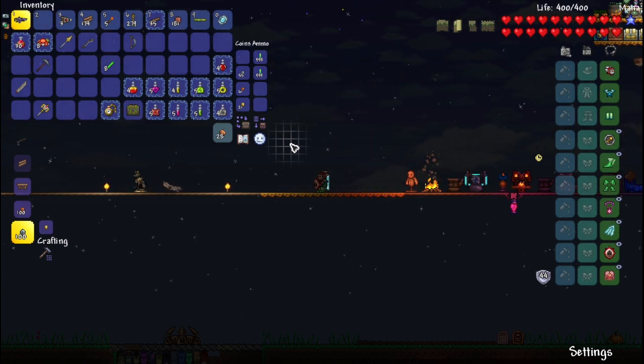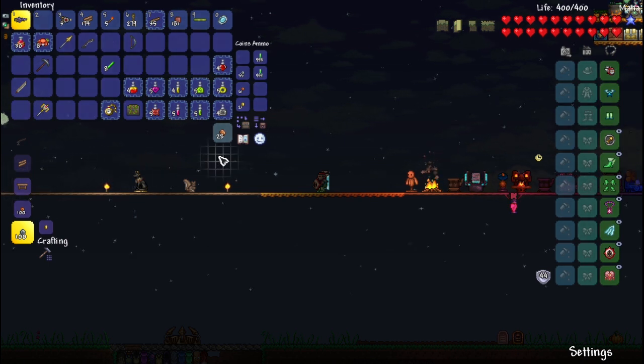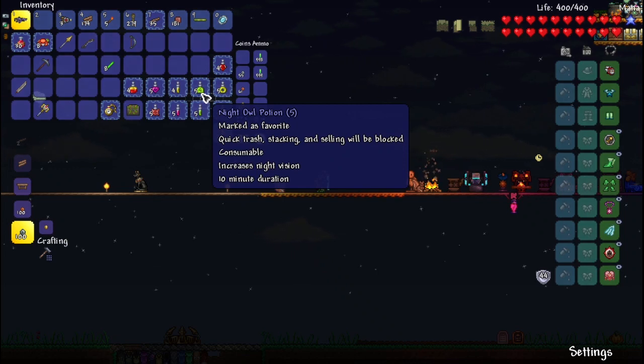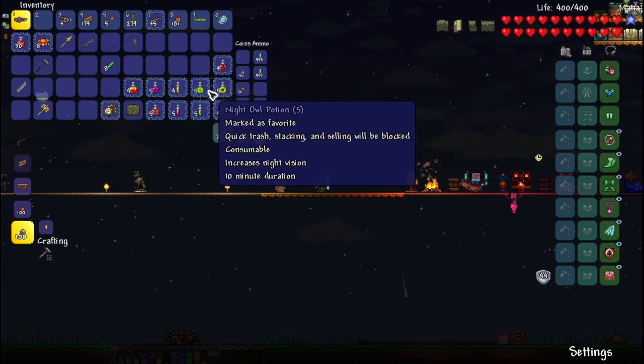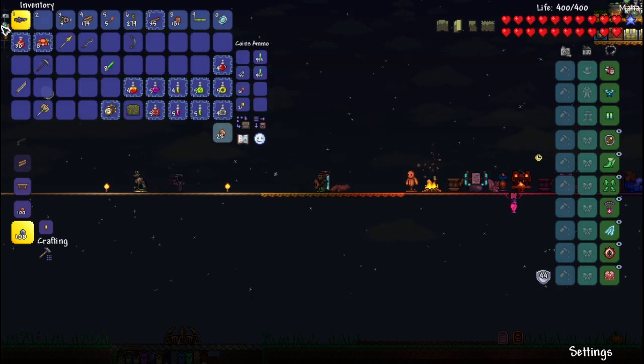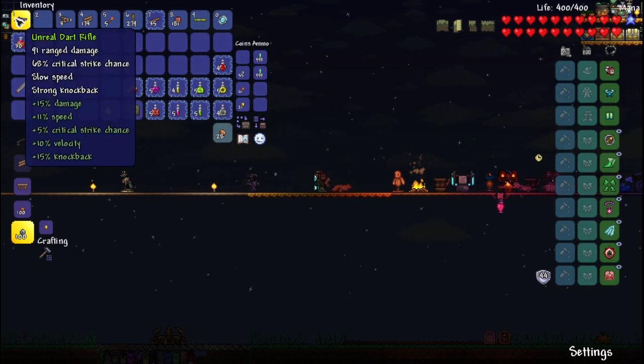through hard mode. So I'll be showing my loadout and any potions and stuff that I'm using before we start the fight, and then I'll show you the arena as well, and then we'll do the fight. Alright, so first boss up is going to be the Destroyer. So I'll be using the dart rifle with curse darts, and it's been reforged to Unreal, which is the best